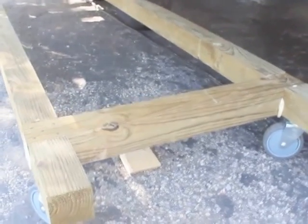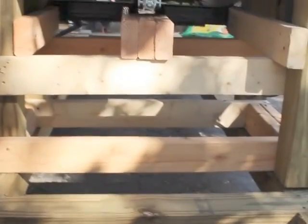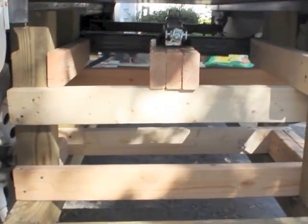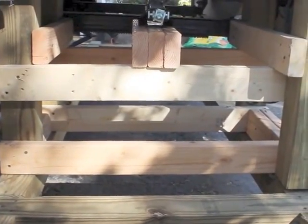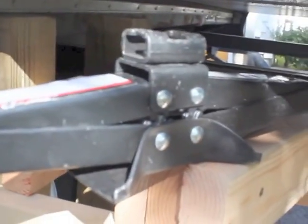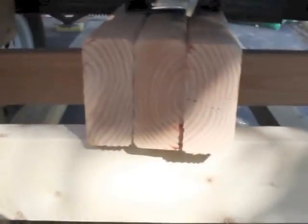So what I need to do on this side is what I have already done on this side, which is build what looks like a house raising contraption. So it's also 4x4, pressure treated in the corners. It's tied together with 2x4. It's all screwed. It is not fixed to the dolly, so I could slide it around if I need to. And up here at the top is a jack, a scissor jack. That scissor jack will rest on top of these 3 sistered 2x4s, and when that jack raises, I'll be able